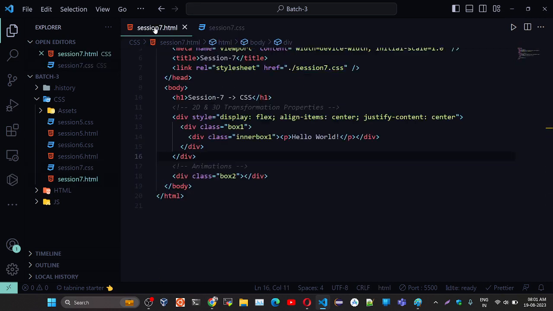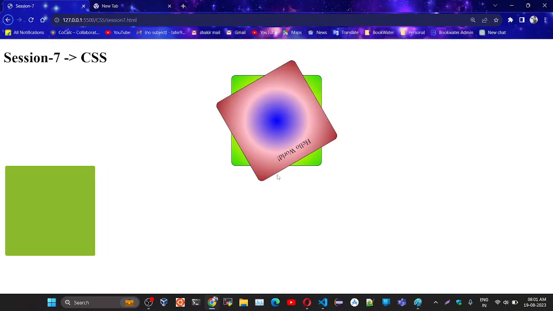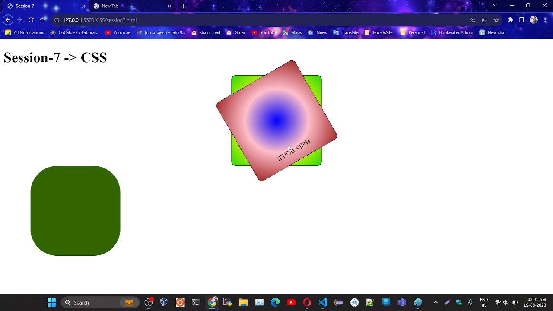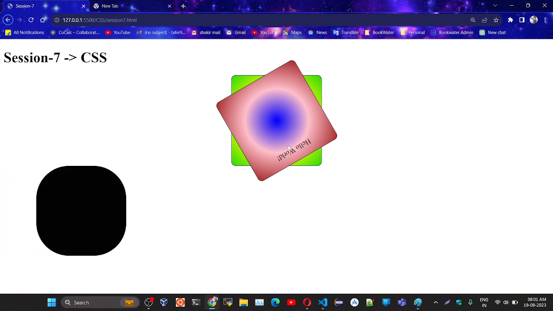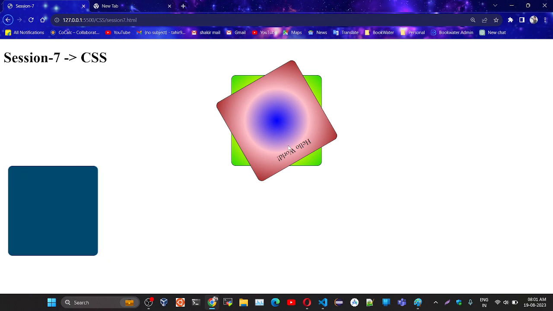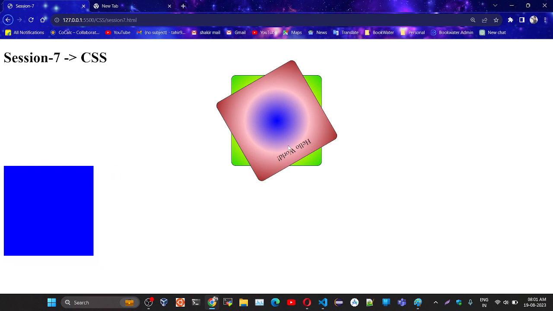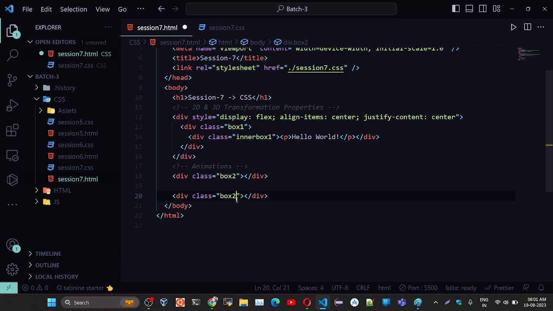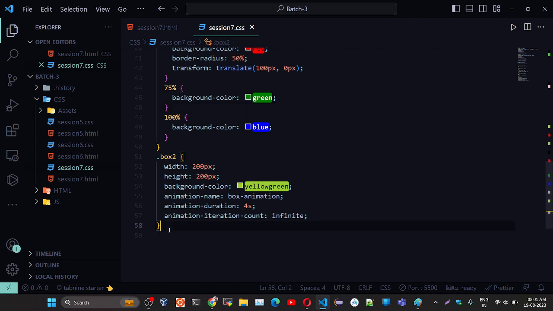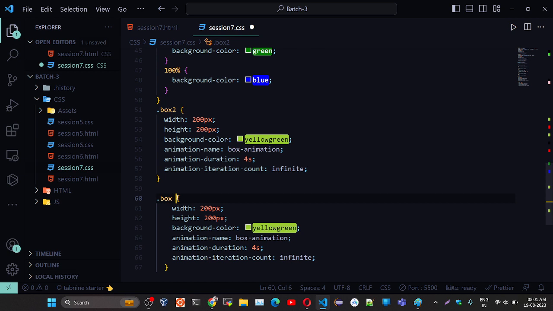Okay, let's see. Let's design a simple thing. Okay, I want a circle. I want a circle where every time it will shrink, and then again it will come back to its original position. It will shrink and then come back to its original position. The circle. Okay, I'll just use the same box 3 here. Here I will design box 3,